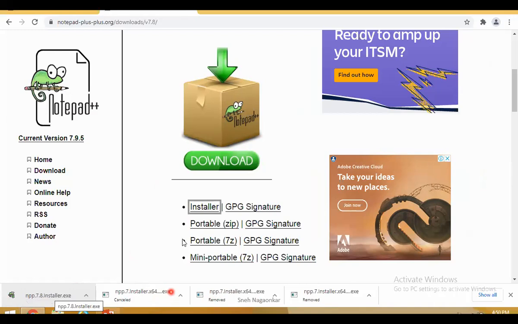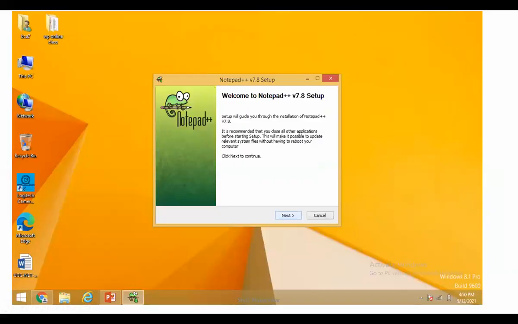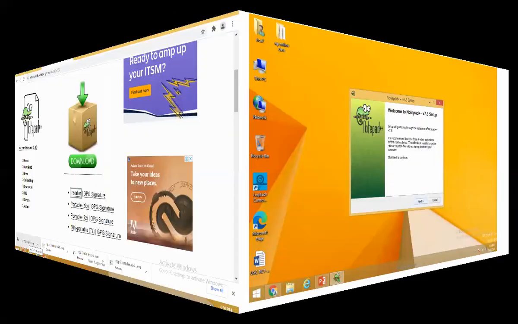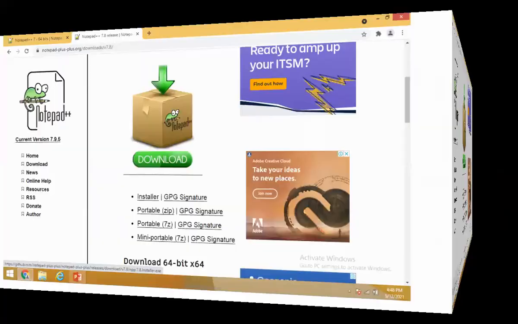So what I did, again I went back to the screen, and I chose what? The 32-bit OS, right? And after choosing the 32-bit OS, I was successful in taking this, that is the 7.8 setup. Okay, 7.8 setup. So it is 7.9.5. But this setup, when you install, it will automatically update to the higher version, right?